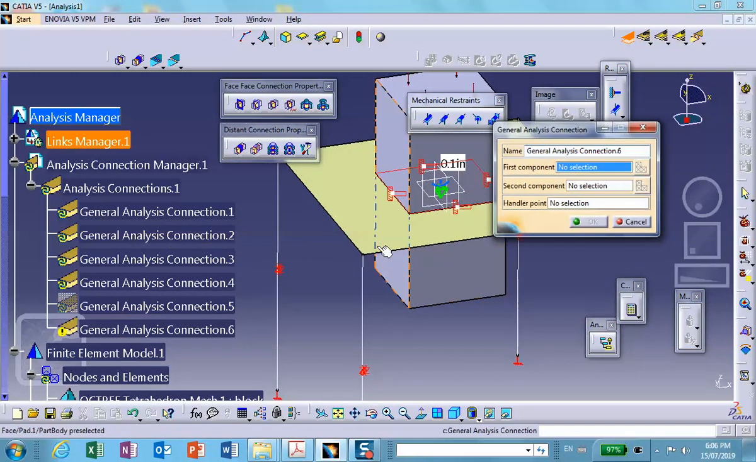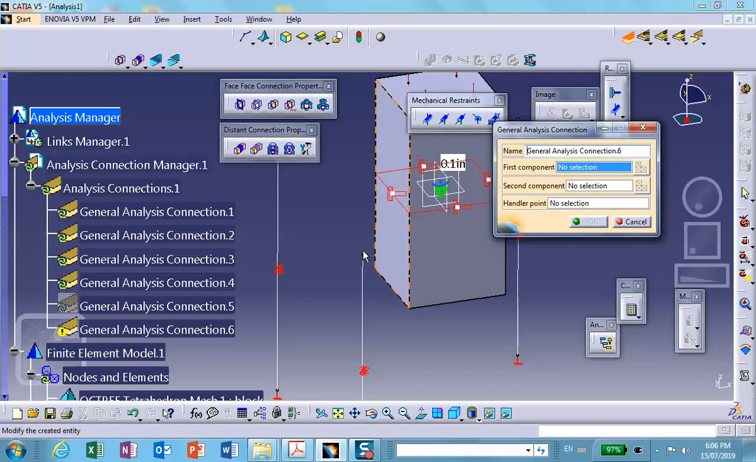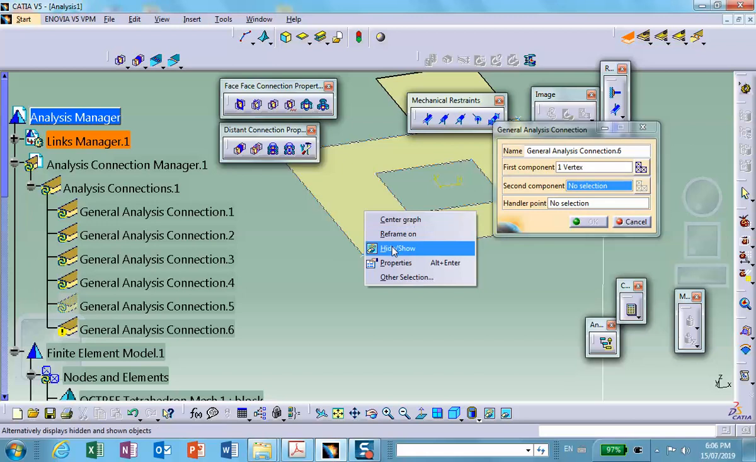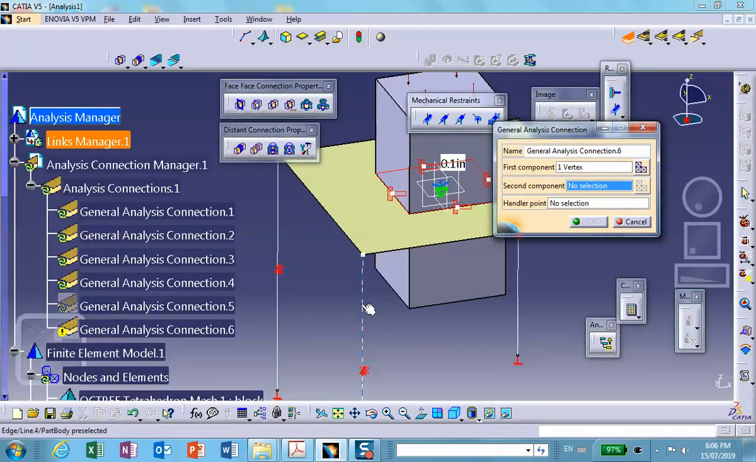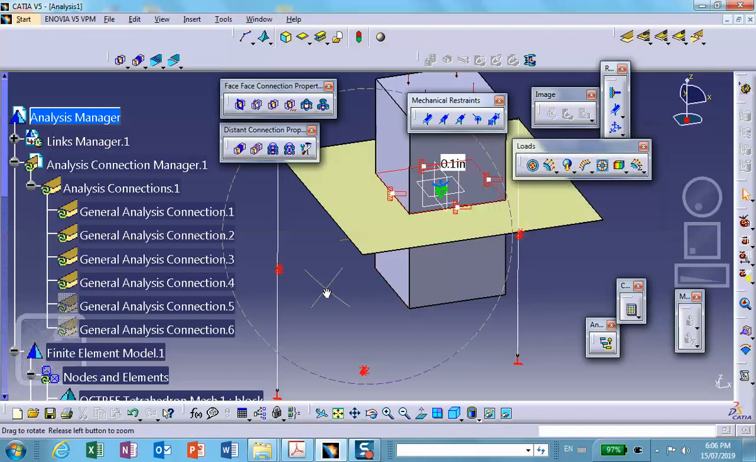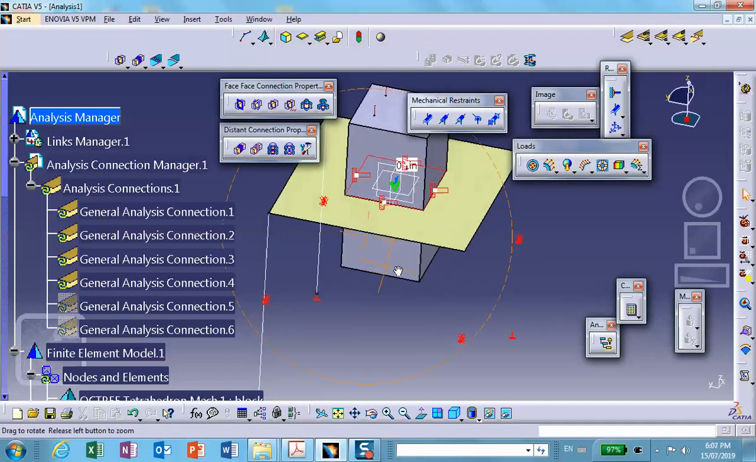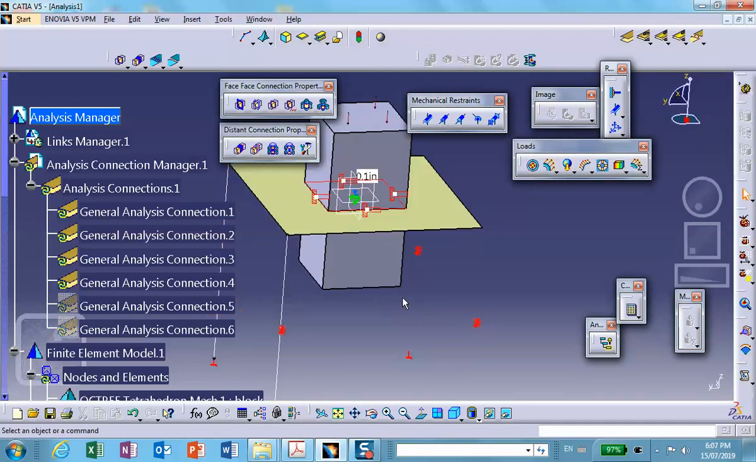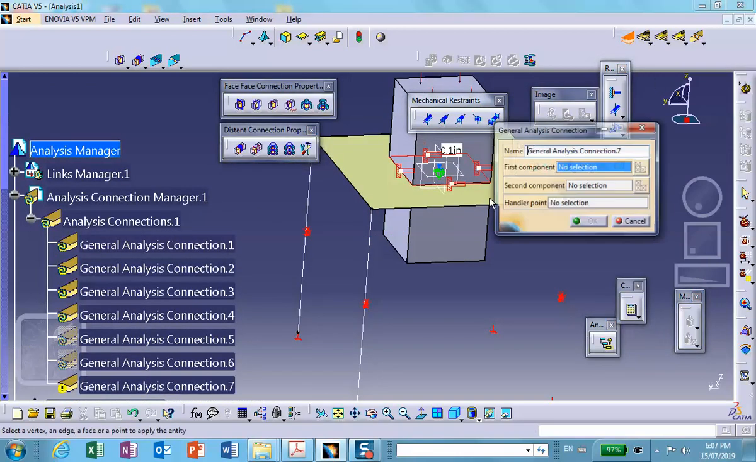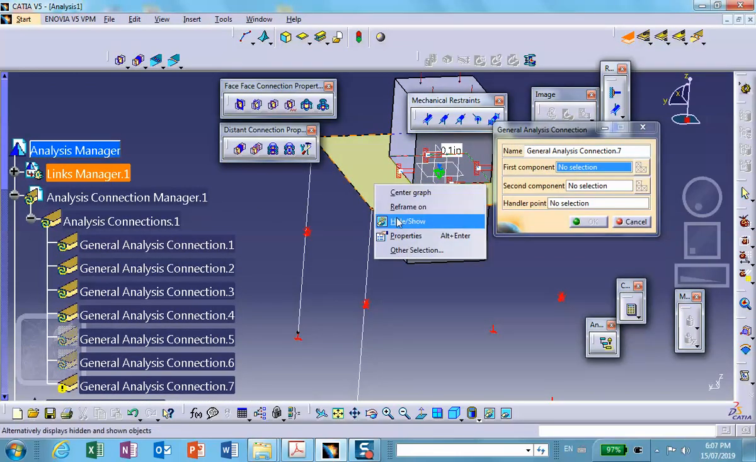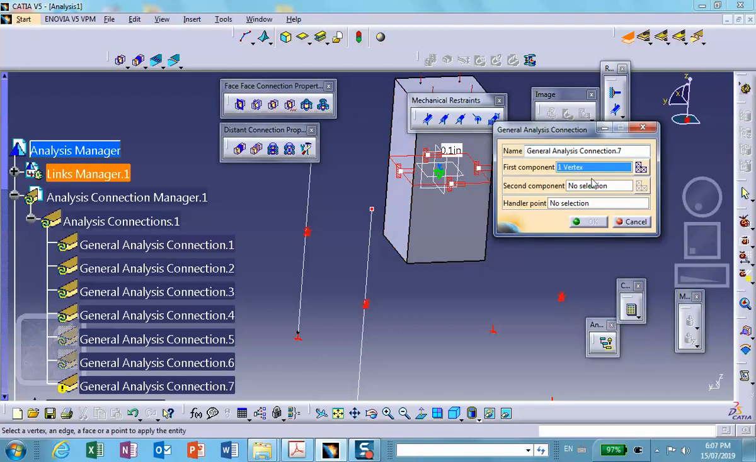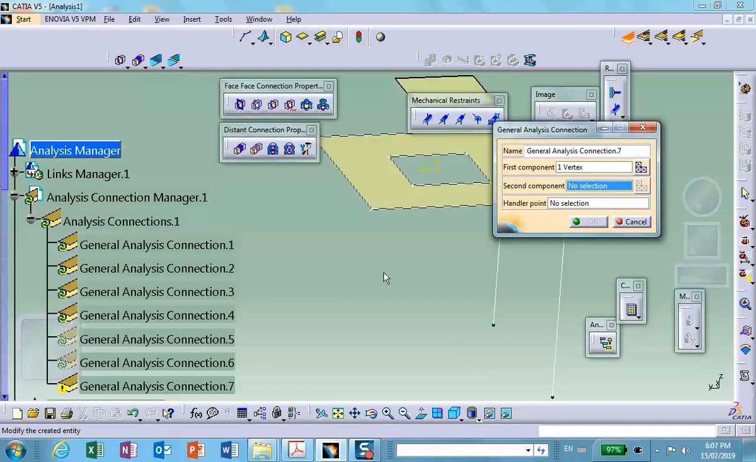So another one, hide this. First component is here. Second component, bring this in the front. Hide this guy. Hide the connection. Select that point. Repeat it again over here. So connection, hide this, select that point, second component, bring this in the front,